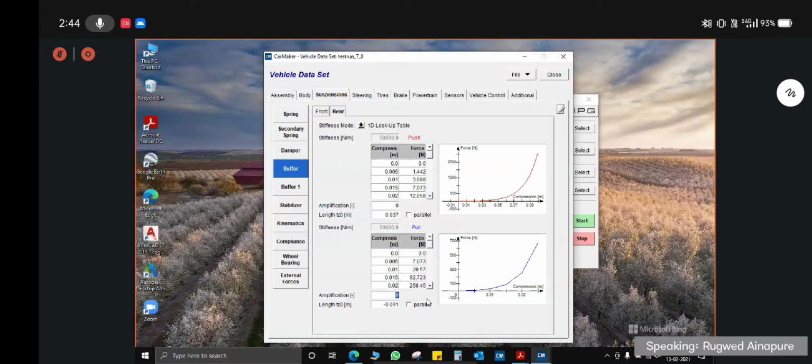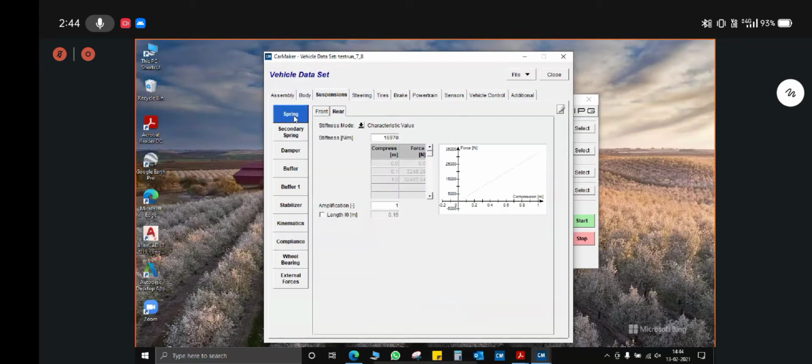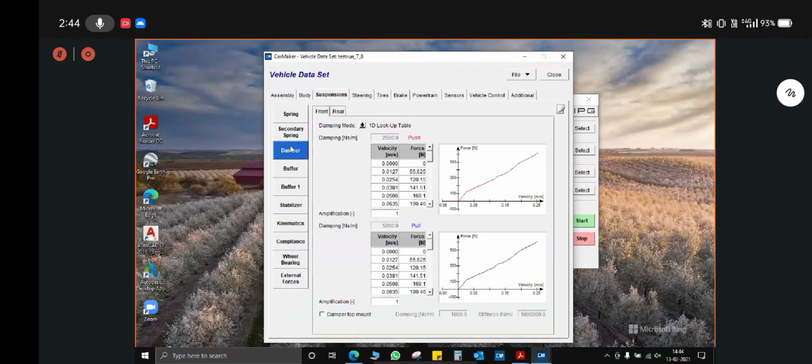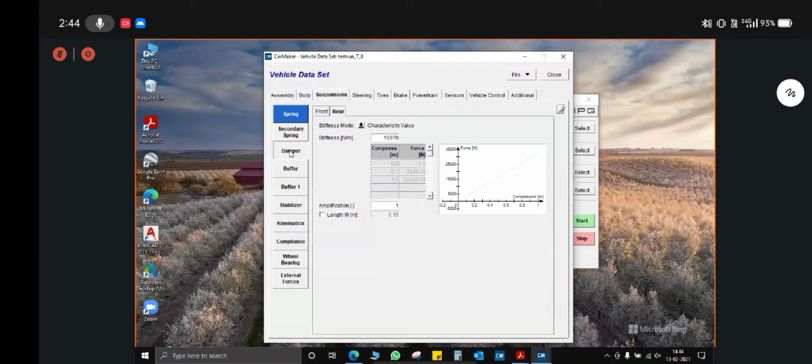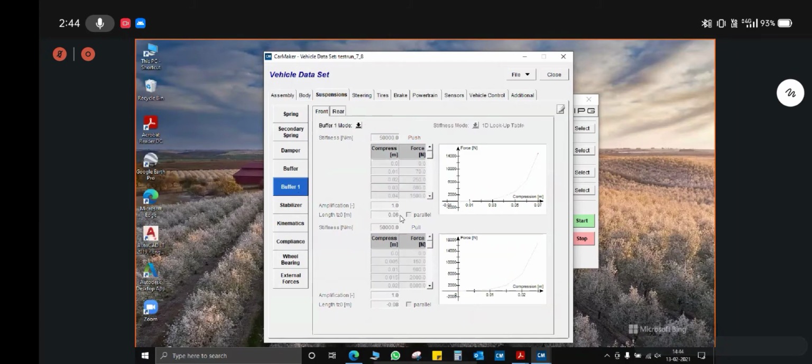So amplification is an important characteristic in reverse engineering, and also in changing the interpretation of the car maker while running the simulation. But do remember, if in the spring or damper you put the amplification at 0, then it might show an error and your simulation won't run successfully. So it is 100% necessary, and do not forget to define the amplification as 1 here, and in the damper also, and define the characteristic of spring and damper, the stiffness of the spring and the damping value of the damper, or your simulation will definitely show an error. Buffer amplification will be 0, buffer 1 same, you can leave buffer 1 as default, that is not specified.